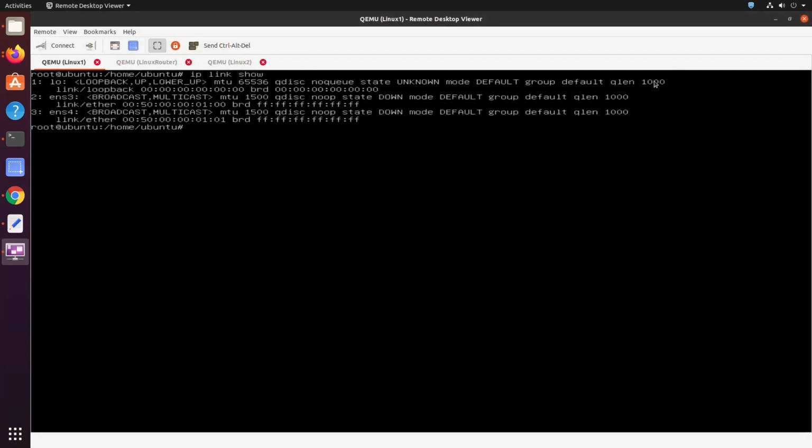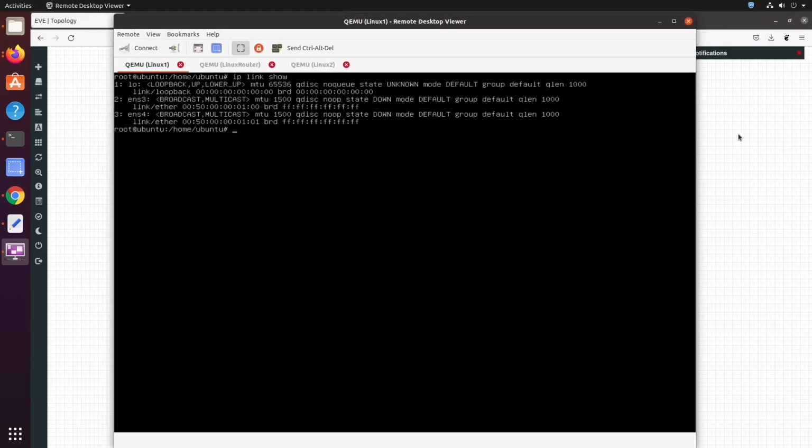We will use nano and create a file, 10-ens3.network. This will be created under etc/systemd/network. This config file will do 2 things.